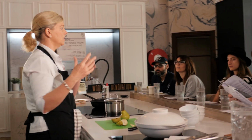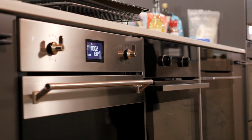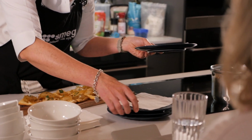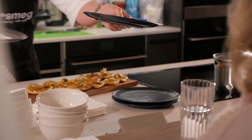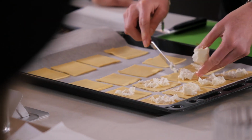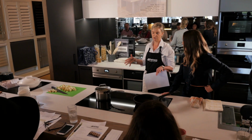The kitchen is the hub of the home, so the functionality needs to be perfect. So you need to make sure that you have your appliances set up in a manner that allows you to really flow. That you can access the equipment that you need, the food that you need within reach of those appliances that